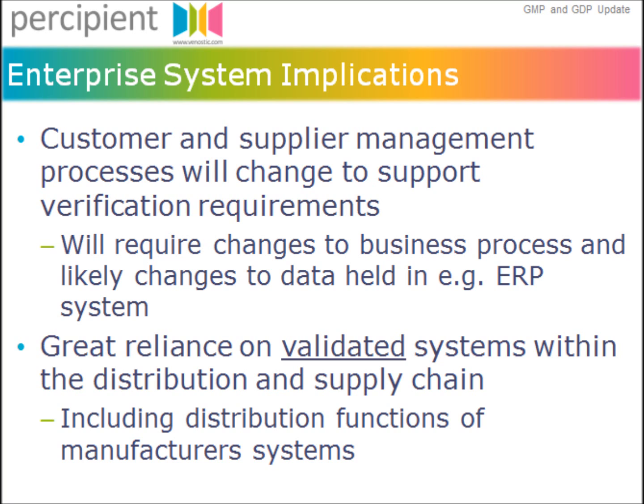Now, that's not a massive change, but you will pretty much have to make sure that your approved supplier list process or your customer order acceptance process goes through this step of verifying that your supply chain partners are authorised, either that they're on these databases or that they are able to demonstrate they're otherwise authorised over the next couple of years. Now, that's probably not going to make a big change to your business process,